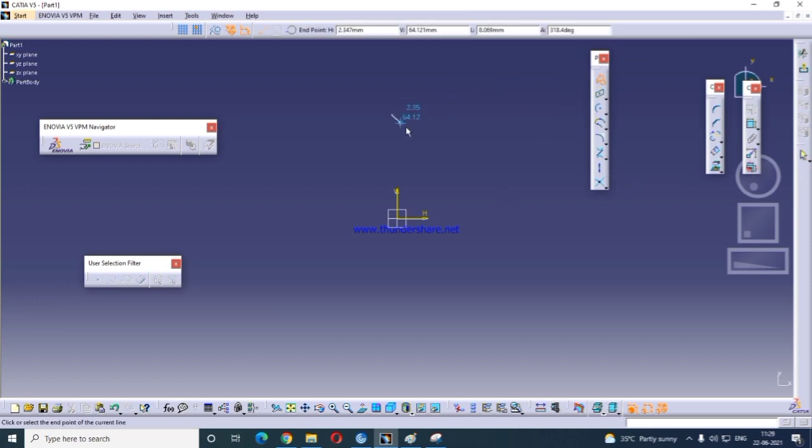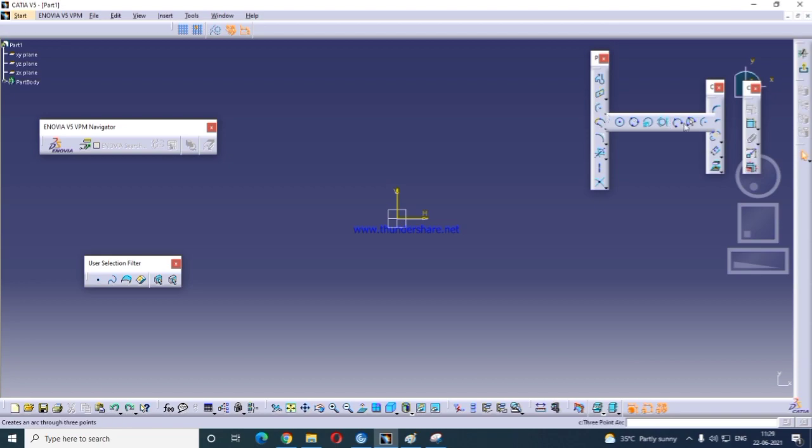Bisecting Line, if you have an intersection point like this, you create a line. That is the intersection, bisecting line. If you have any curve and you want a line normal to the curve, you use this option to create the normal to the curve.